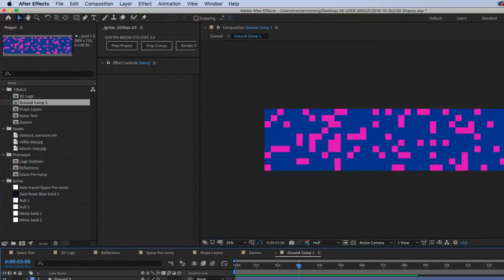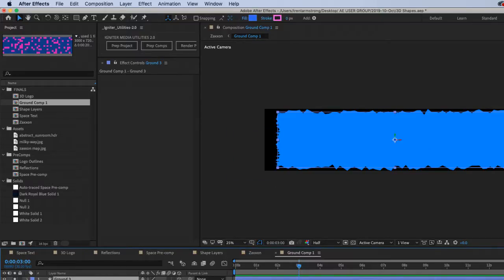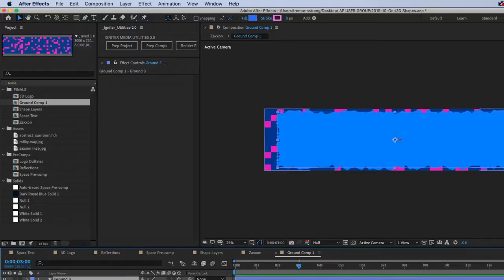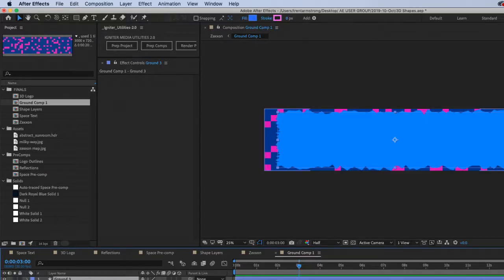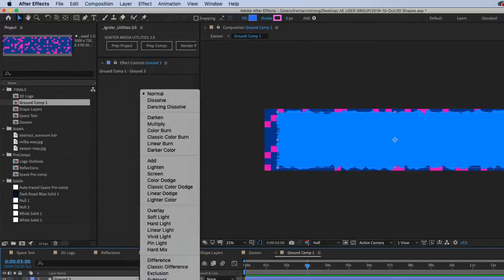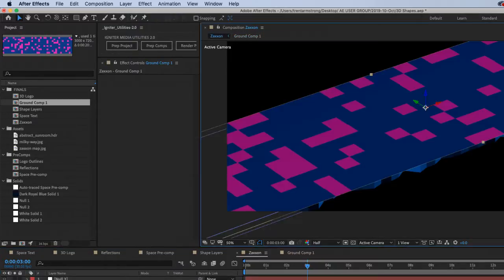So, I'll go back here, paste in there, like that, and let's see if I ground that, and if I do a stencil alpha, like that.